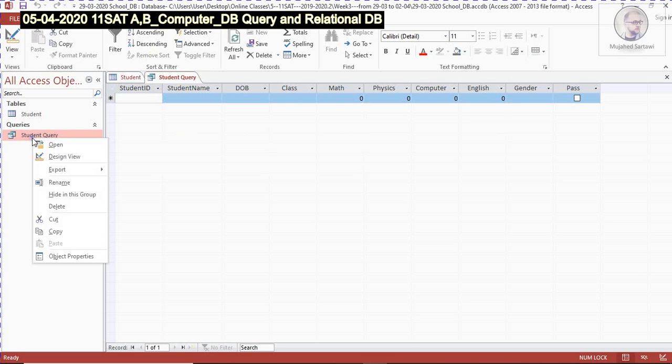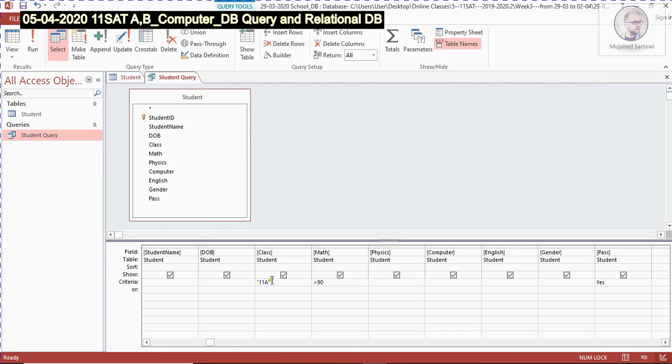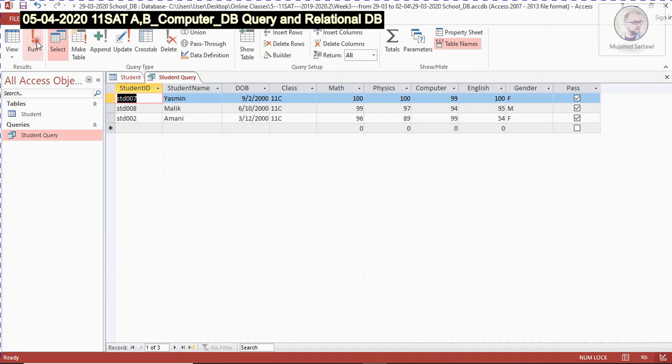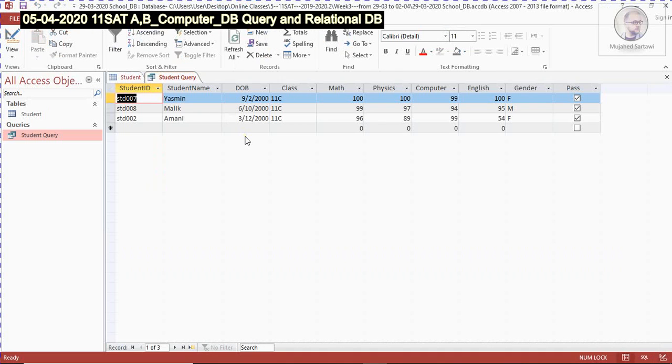Let's go back again to the query. So in 11A, we don't have any students selected. Let's delete this and see if this is going to work again. Go back. Okay, so this means that we have those who got more than